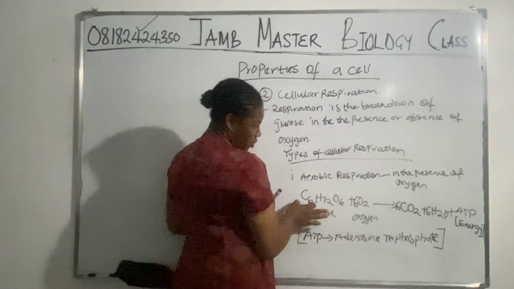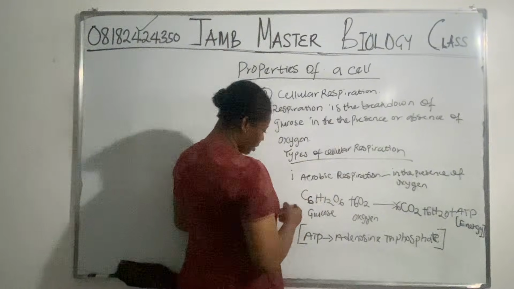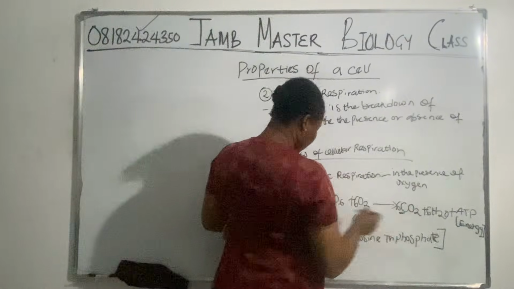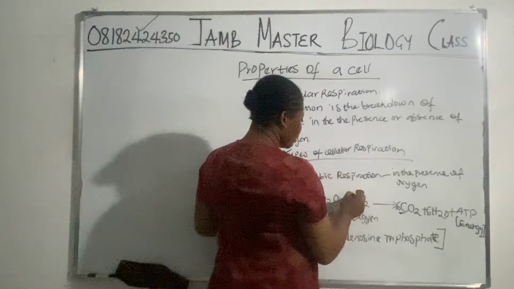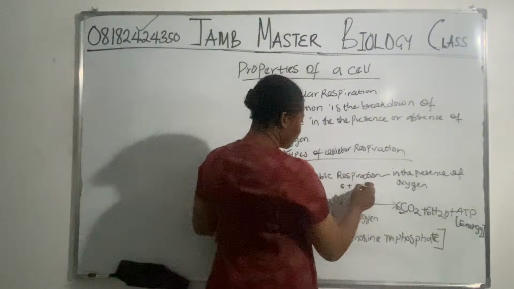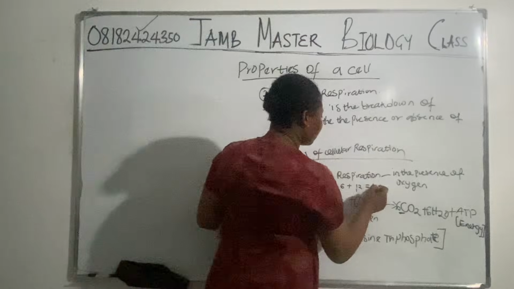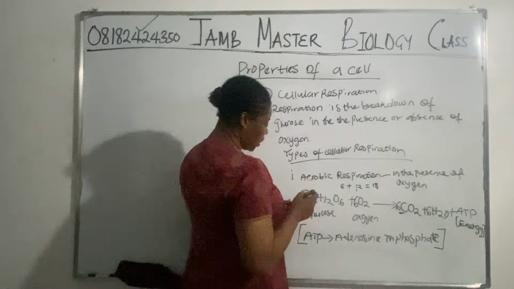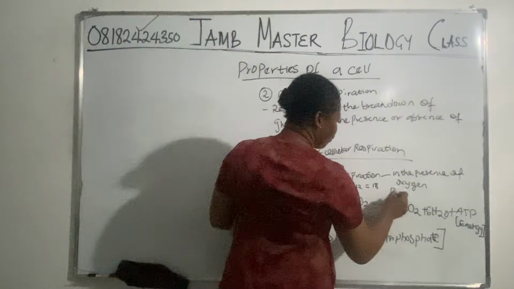So this is carbon. Carbon is 6 here. Carbon is 6 here. Oxygen is how many here? We have 6 times 2, which is 12. We have 6 here. So 6 plus 12 is what? 12, 13, 14, 15, 16, 17, 18. I'm doing it like this so that you can understand. So we have 18 oxygen, right? So 6 times 2 is 12.